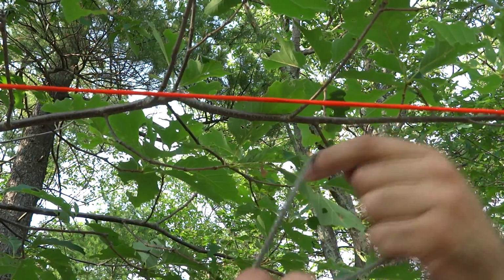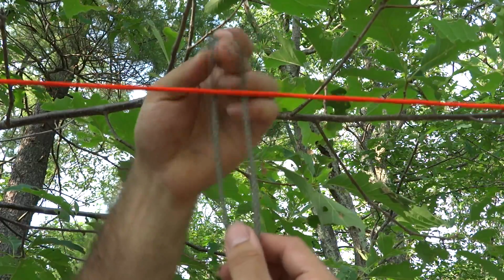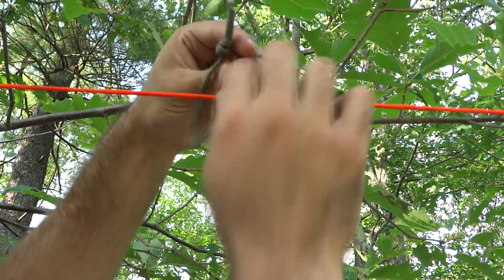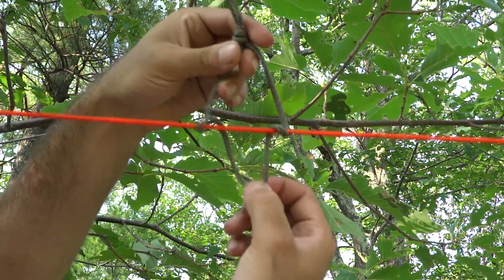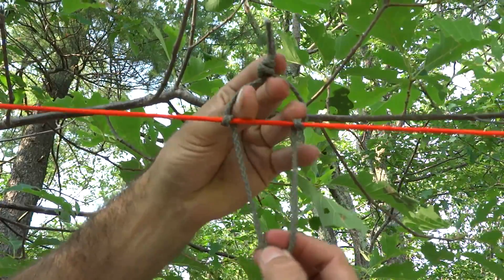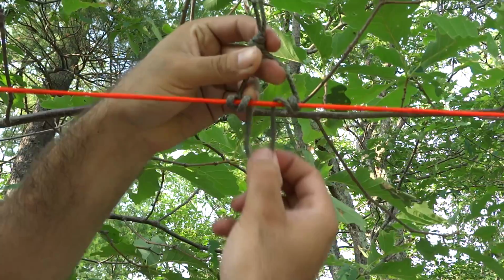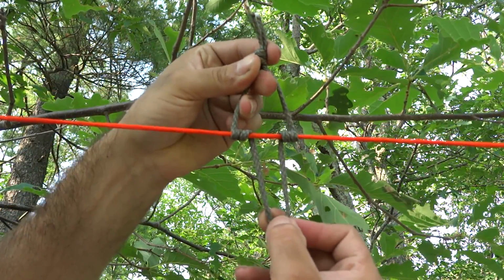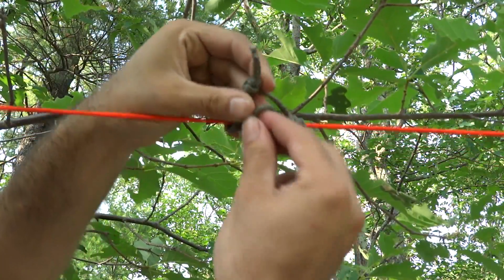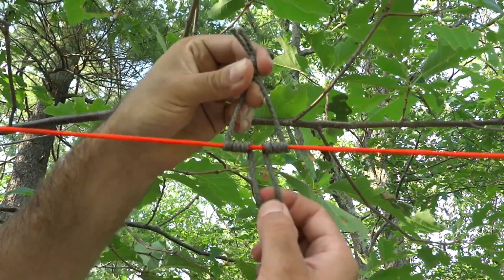Now what you want to do is, I have the knot, I place the knot at the top, open it wide, and wrap it around and tuck it under, just like that. Now you want to do that 3 times and try your best to keep it separated. So that's 1, put it over, pull it down, 2, now you can see 2 loops on each side, and then a 3rd time,